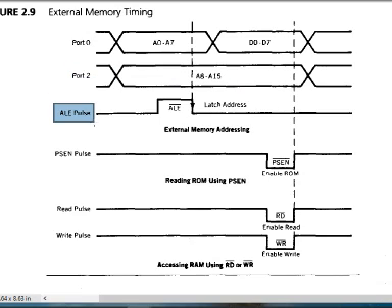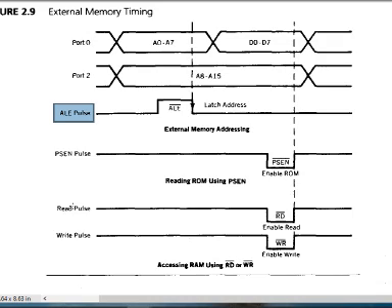ALE is active high. When you provide a high value on this ALE pin, it tells you that whatever address is present on port 0 is a valid address. Then program store enable: you are going to enable the ROM, since you are going to read the ROM locations using this PSEN bit.